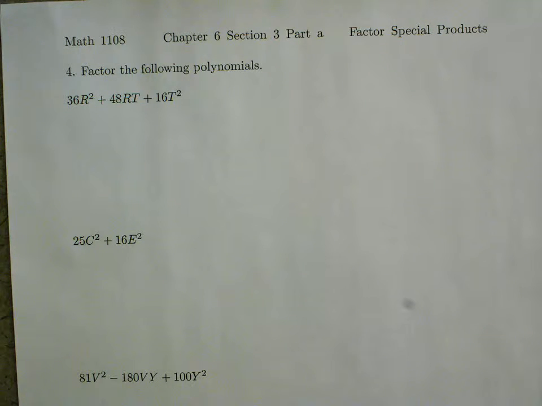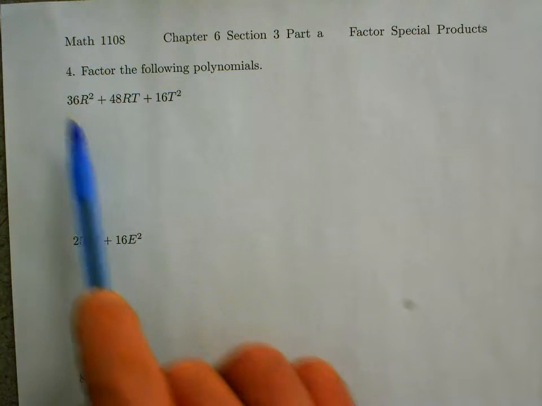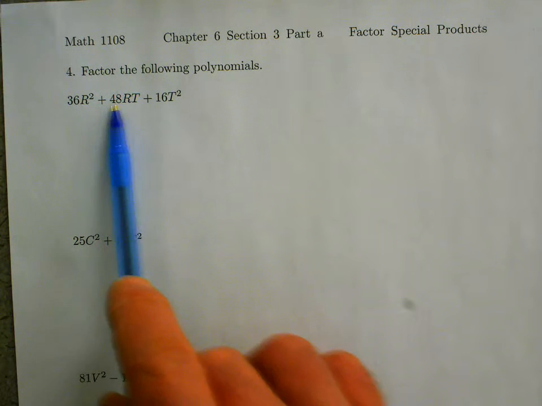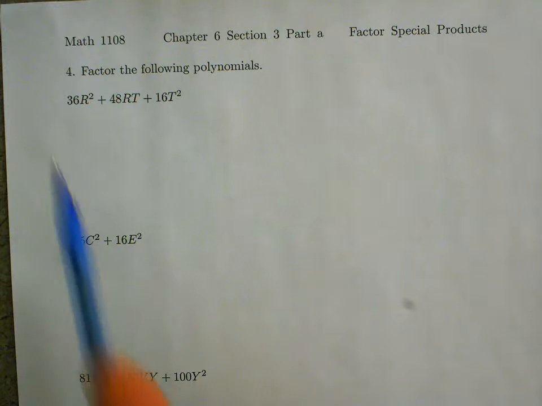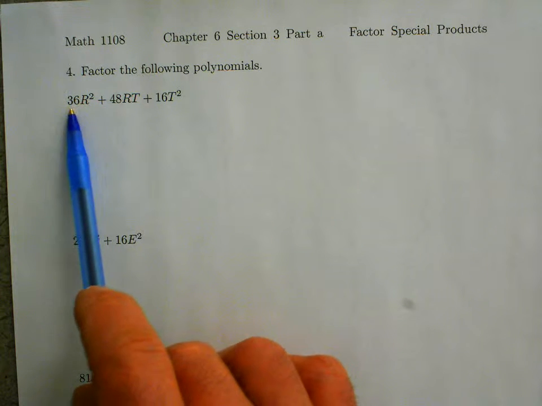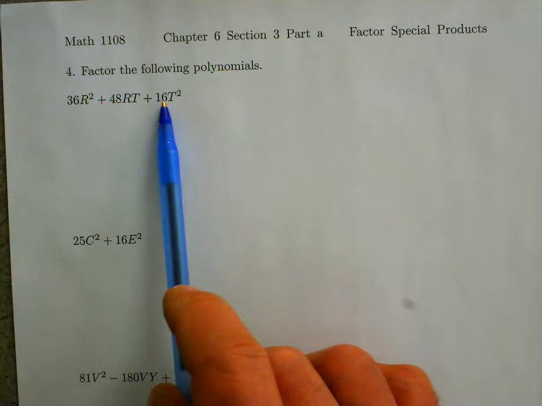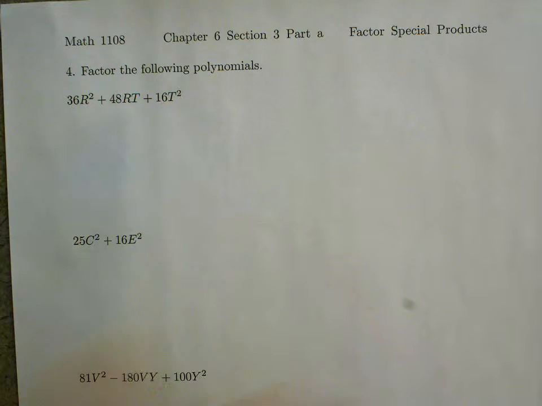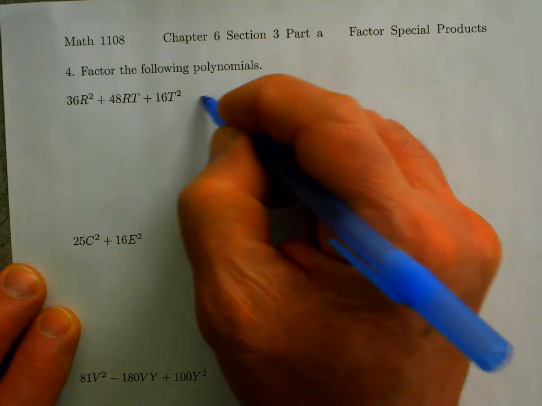All of those are even, so we know that 2 is at least a common factor. Is there a common factor greater than 2? Yes. 4 is a common factor of 36, 48, and 16. Since 4 times 9 is 36, and 3 is not a factor of 16, then 4 is the greatest common factor. So we can factor 4 out,